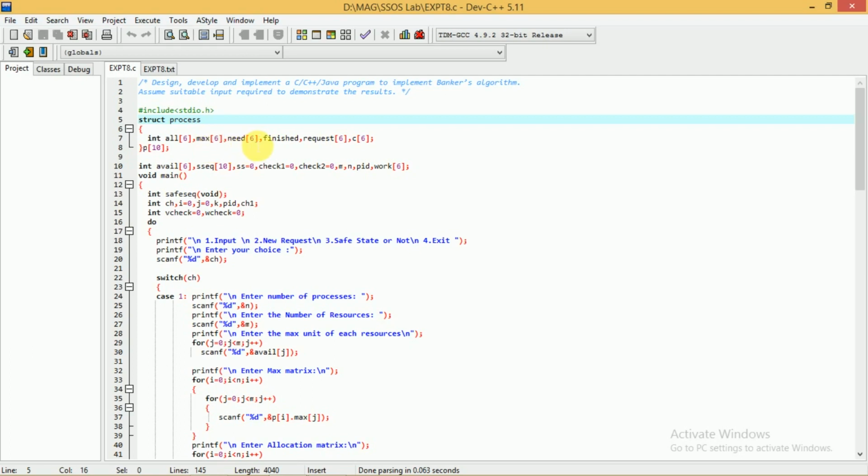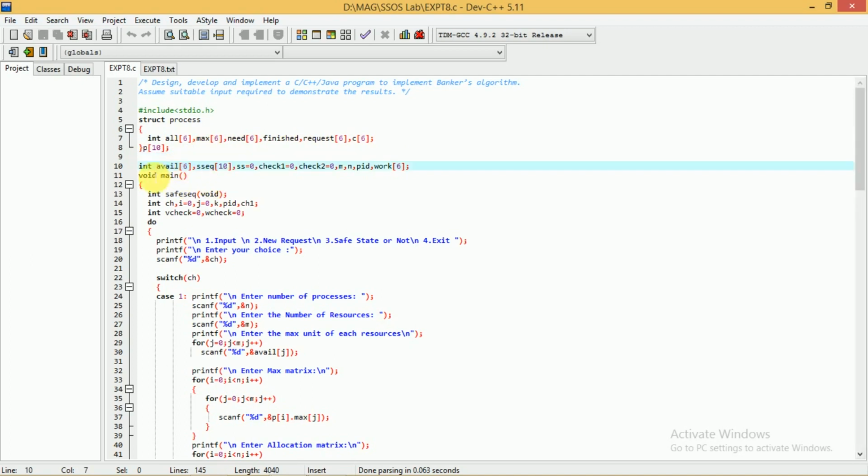We have need, again to hold the need information. After that finished as a simple variable, request[6] to hold the request, and C[6]. After this we declare one structure variable p, an array of structure variables, that is p[10]. Here p indicates process, and every process will have the values for these particular data structures.